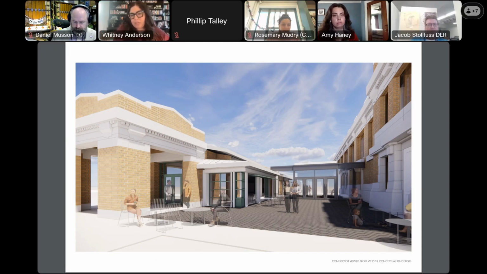I don't know if that would be a challenge if you want to be able to remove the tables for special events, but I think it's important to have furniture that prioritizes the primary use rather than those special things. Again, adding to the communal aspect of the market, I think those larger tables would be a fun thing for people, something I've done when I've traveled, being able to sit at a large table and meet others. So those were really just my two comments and questions. But it's lovely, and I know everyone in the city is excited to see the attention given to the market finally. So thank you.